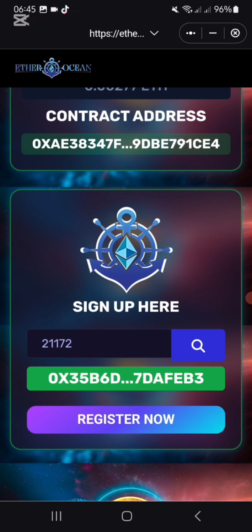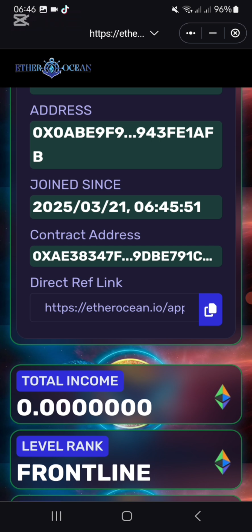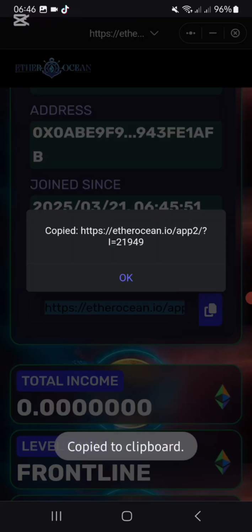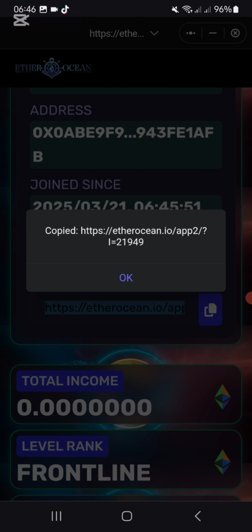It doesn't always come up immediately, so what you can do is press these 3 dots here at the top at the right corner, and you say refresh. Now I sometimes have to do it 3-4 times, but this morning, wow, it actually came in. Now here at the top you can notice it says direct referral link. It's about a HTTPS, and here is a blue block with 2 white envelopes. You're going to press on there. See, it says copied. You're going to say okay.